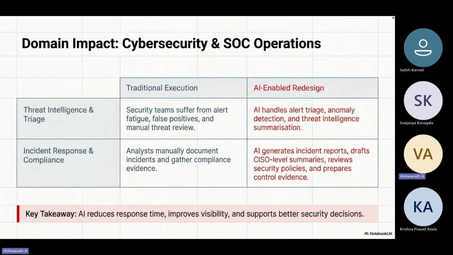Mimicking the thought process of a human brain and all that. That is how you come back from alert triage when you have alert fatigue. Right now in organizations, alert fatigue is the biggest thing, and there are hundreds of false positives. So you come from alert triage to SOC analyst assistant-based report generation, the evidence, the summaries, the reviews, the security policies, the preparations which you are going to present to your CISO using AI enablement. That is how you redesign your entire value.